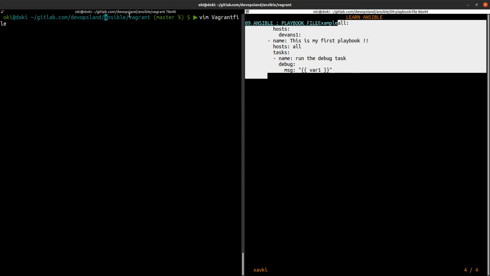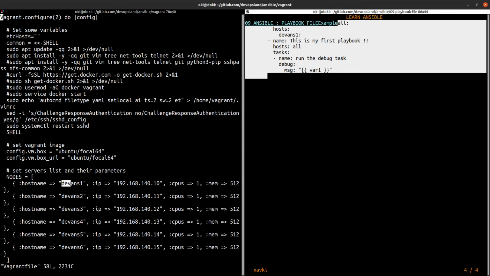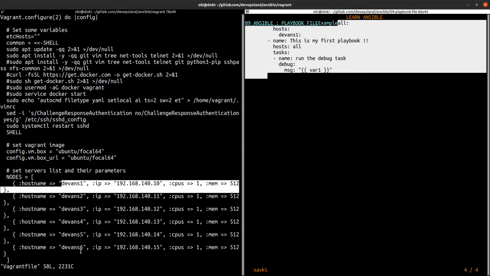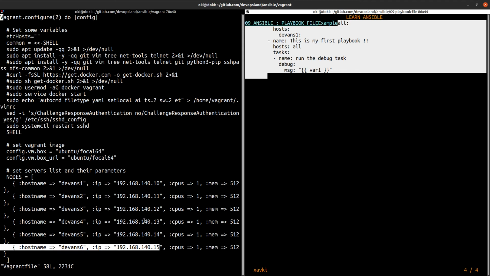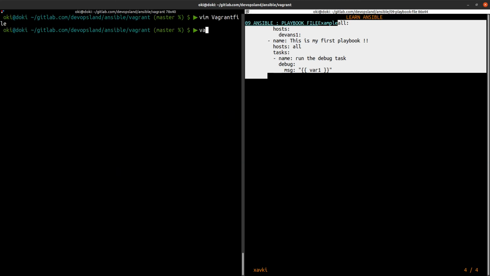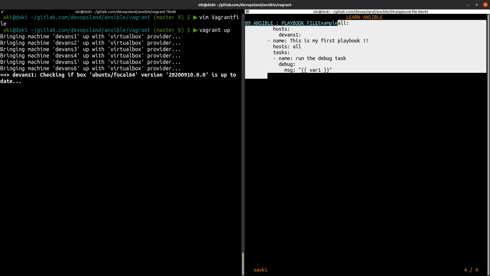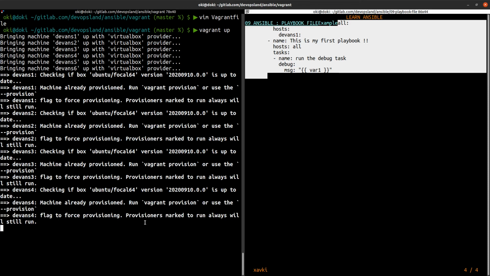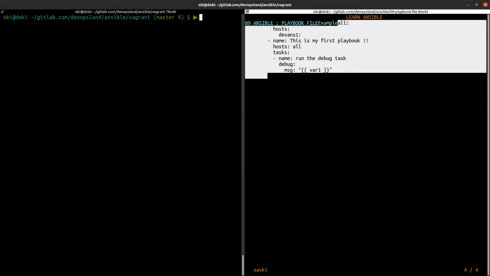We have an ansible directory, and in it a vagrant directory, and in that directory you find the Vagrantfile. In the Vagrantfile we have 6 servers, devance1 to devance6, with IPs, and we can run vagrant up. I already did that, to be quicker. To connect to one server, we can use vagrant ssh with devance1.